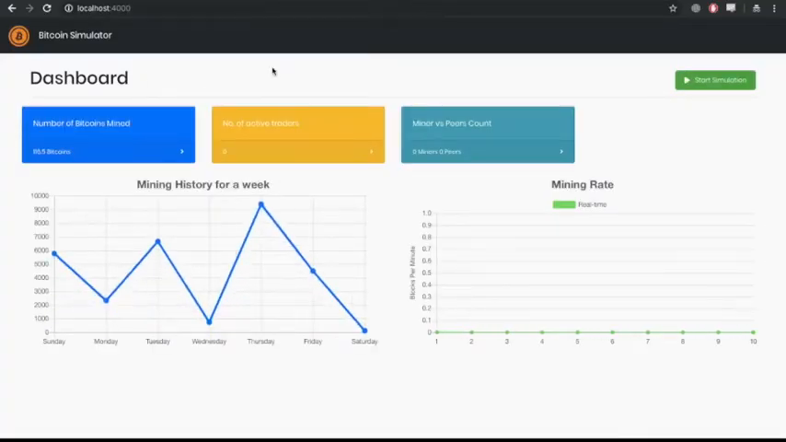Here is our web interface, which contains three metrics and two graphs. The three metrics are as follows: the number of Bitcoin mined, which is a totally random value that is some block reward, for the initial transaction to take place. The second is the number of traders, which is 0 because there is no simulation going on. The third is the miner versus peers count, which is also 0